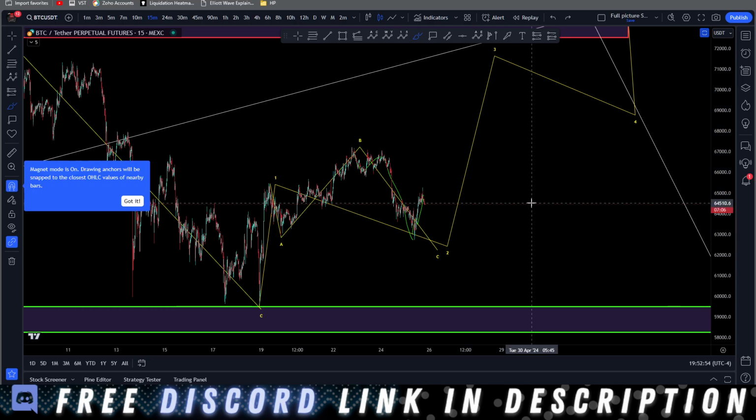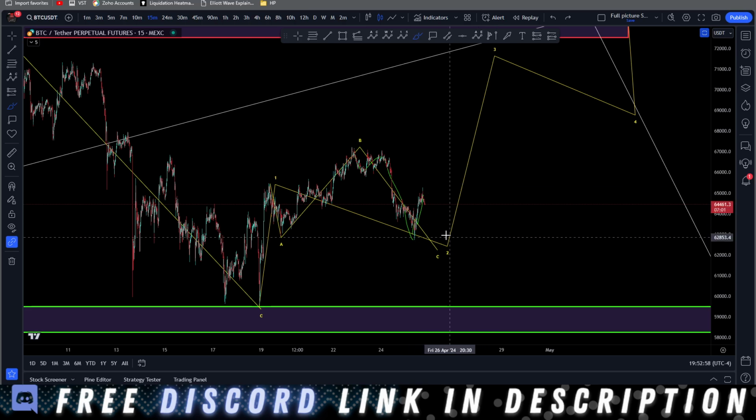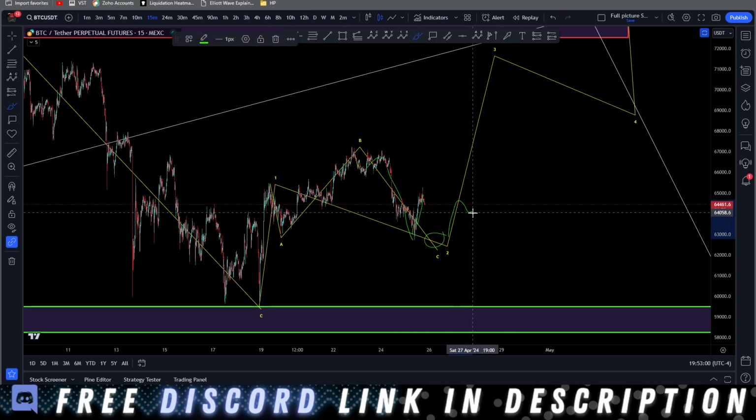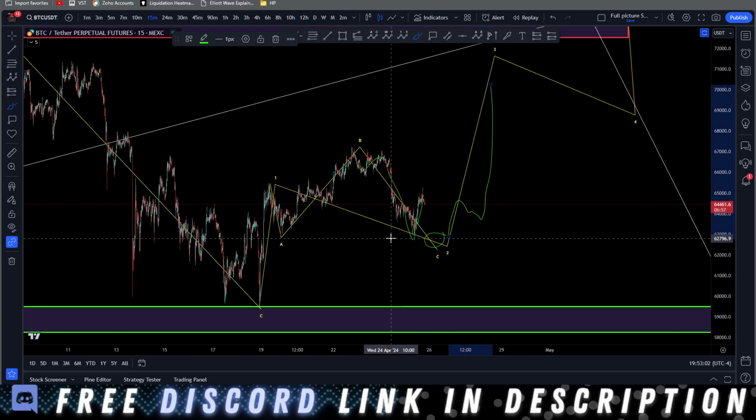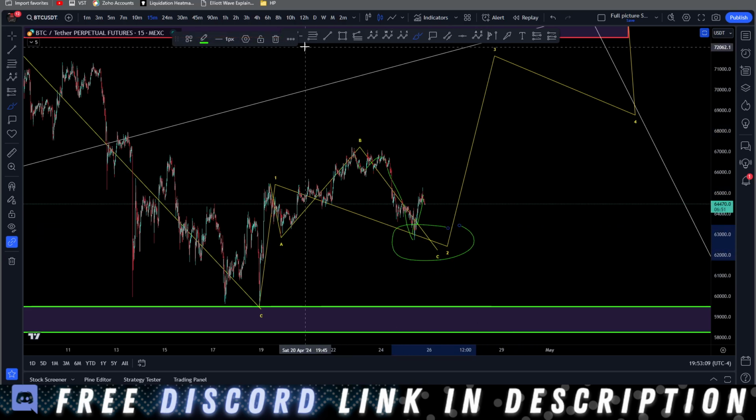That's what I'm playing here over the next day or two. Over the next day or two into the weekend, I want to see a turnaround here and then a correction, and then we can go off to the races Monday maybe. That's what we're looking at, guys. Longing this general region around